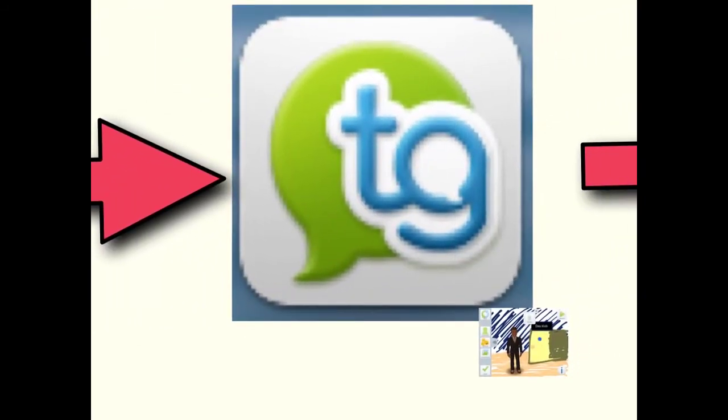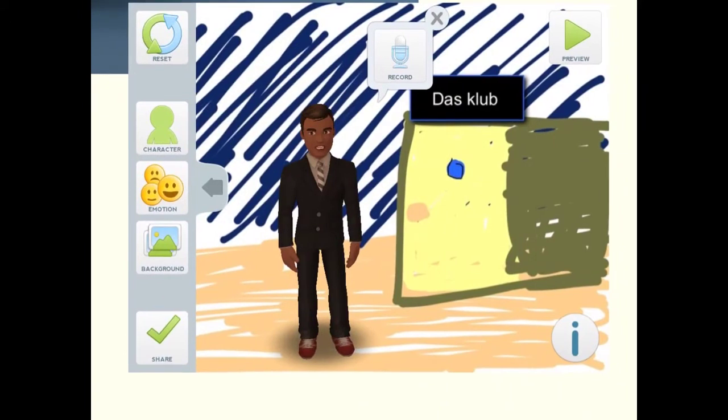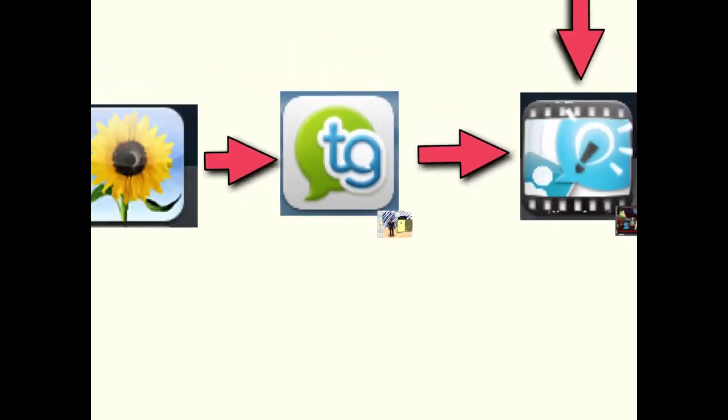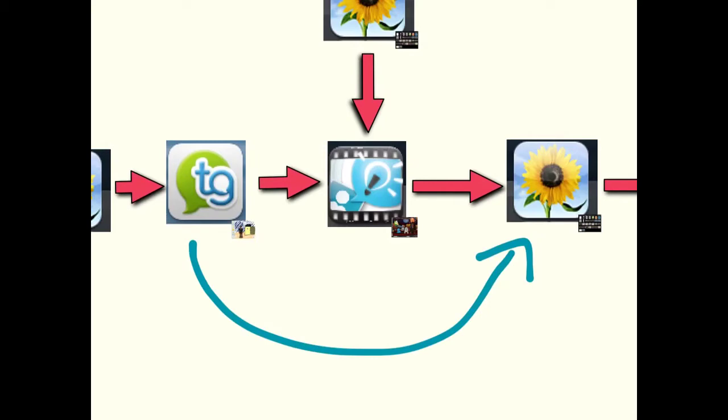That was then exported to the photo roll, and from the photo roll I was able to import that as a background into Tellagami, and I created a few clips in here, and most of them actually I exported directly to the photo roll. The one clip I did import into Explain Everything, but let me rewind here, because another